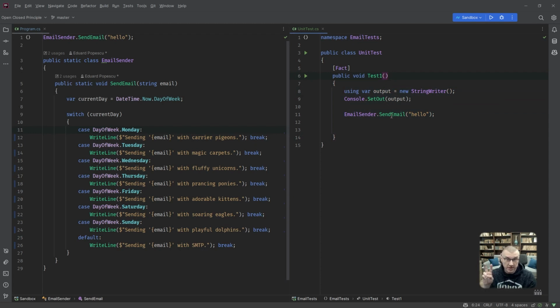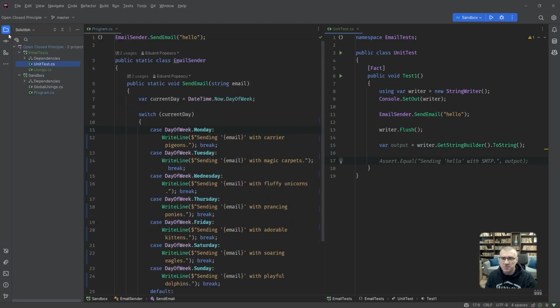So once we write to our console, calling our send email static method for now, I'm going to call this writer because it's more appropriate, and I'm going to need the output variable in a second. So we want to do writer.Flush, and then writer.GetStringBuilder().ToString(). Okay, cool. Yeah, I could do that.